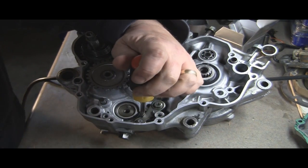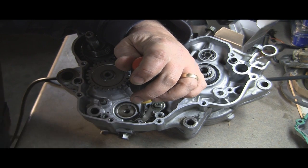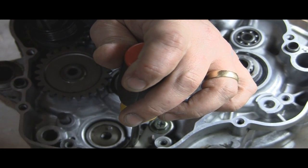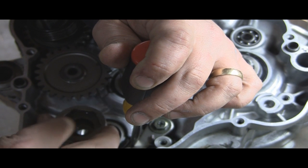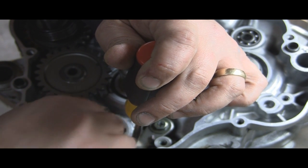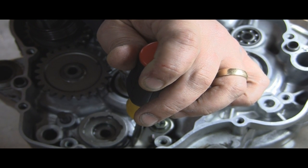Put a screwdriver in there. Go ahead and take this. I don't know if you can see that little nub right there. Again, on this side you've got the same exact, and then you've got a dot on the other side letting you know where that's at. Go ahead and sit it in there, make sure it's in place, and then we'll go ahead and put our